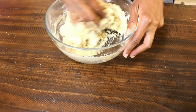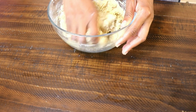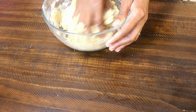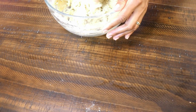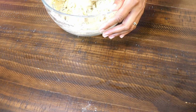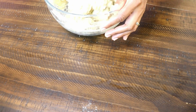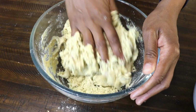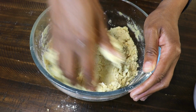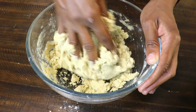After a time, go ahead and get your hands in there. Doing this really helps you to feel what it is like to have a dough that is of good consistency and that will give you your desired scone texture. There's nothing like feeling the dough yourself so that you are aware of what that texture is like. So you're going to go ahead and gently bring it together. You'll find that there's a little bit of crumb to it, but it will eventually come together